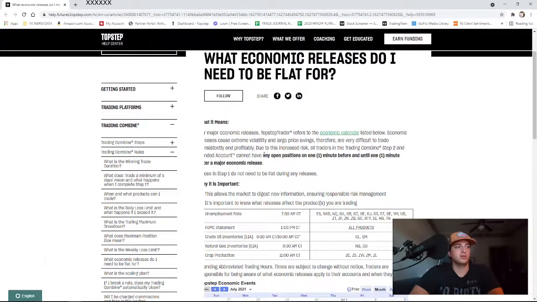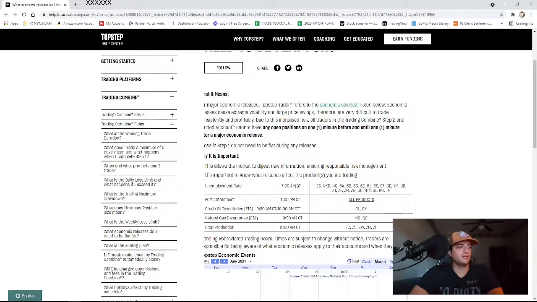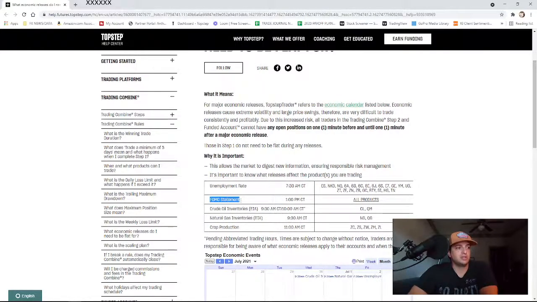So you cannot have any open positions 1 minute before and 1 minute after the release. So at 7:29 for the unemployment, and then 7:31 or whenever it ends up getting released, you have to be flat. FOMC statement, which is today, 1 p.m. Central, 2 p.m. Eastern time, I'd have to be flat at 12:59. I don't plan on still being trading at 12:59, but every single product, you can't trade any future during the